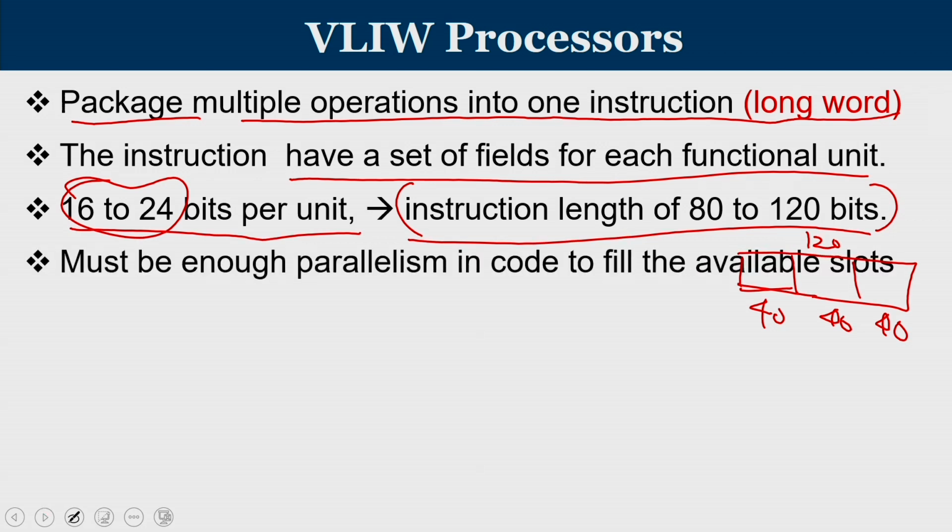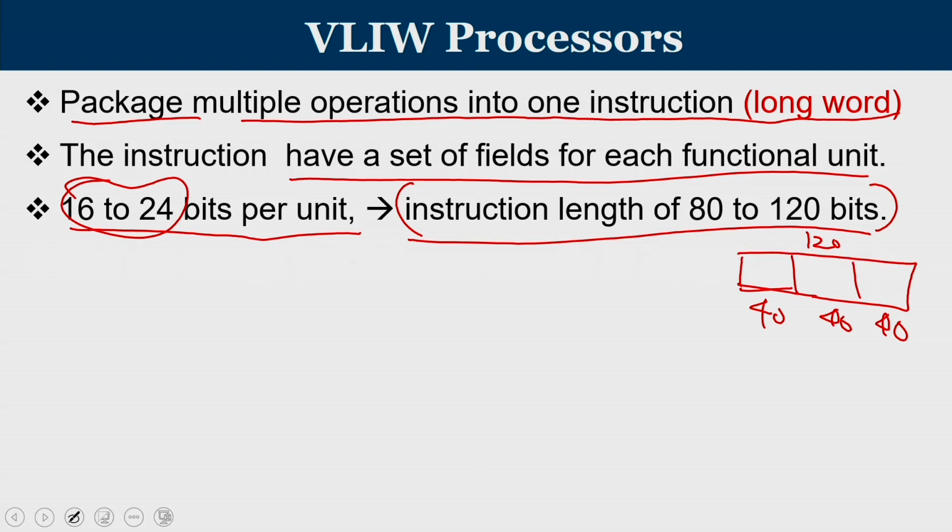Now, you should have enough parallelism in the code. To understand that, think of a case where whatever instructions you get, all the instructions have to be grouped into this. Any such group is known as a bundle. So, any bundle needs to have 3 entities. One should be exactly a load store instruction, the other exactly an ALU instruction, and the third exactly a floating point instruction.